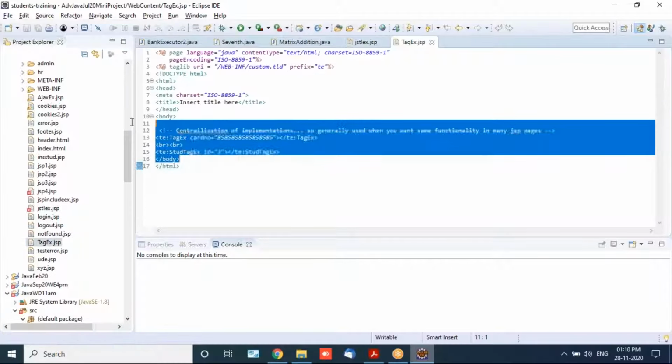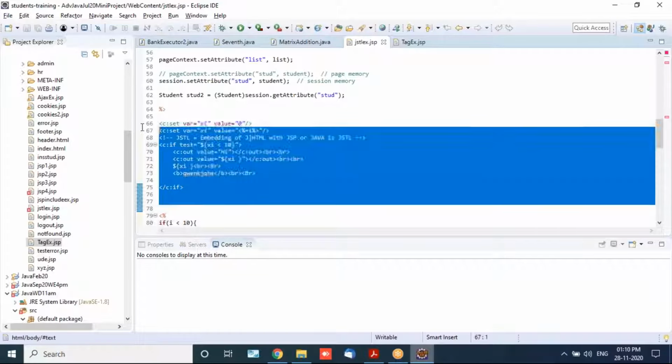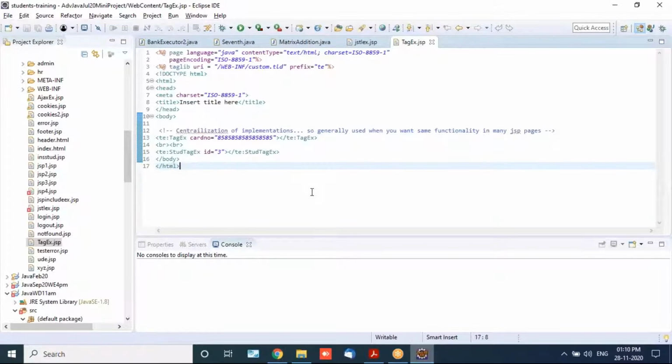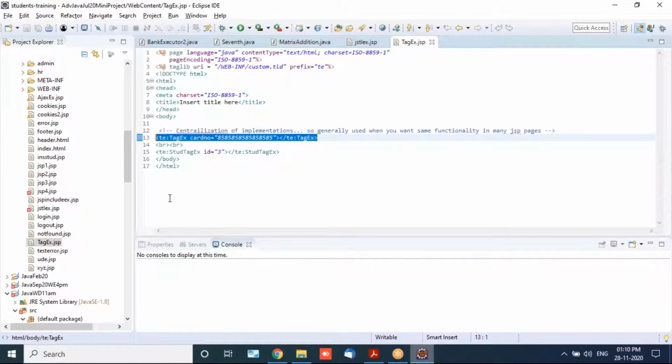Then the tag expressions. You can see these custom tags. JSTL is also a tag, but it is a tag provided to us by Java, and here we are building our own tag. For example, in this tag I am doing a credit card validation. By putting just one line of credit card validation, all the processing is done in the backend, and in the front end you will get the answer whether my card is valid or invalid. This is how Java becomes handy by writing your own custom tags.